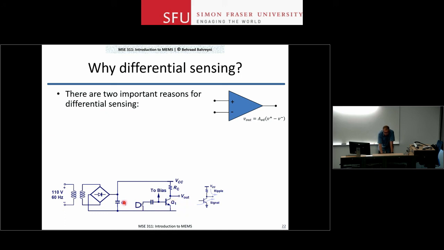and then shows up here at the output. But if you remember, your full wave rectifier produces ripples here. It's variations in this voltage that you will get because of the way you produce the DC voltage there. And those signals, those ripples, can also come and show at the output through this RC. So if your VCC is changing like that because of the full wave rectification, and if your signal was supposed to be, let's say, something varying around zero, now your signal is varying around this superimposed